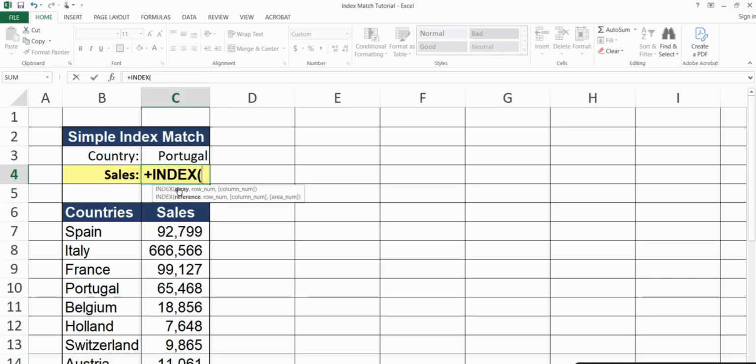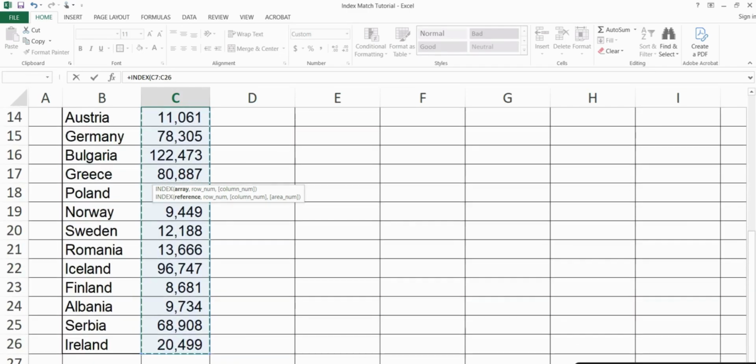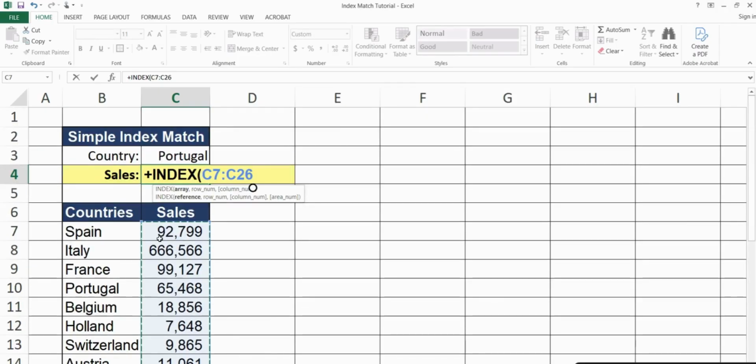So you can see here it asks you the array. So the array, being that we're looking for cells, will be any data under the cells. So you can drag or simply click once, then shift, scroll down, comma. Now, for the row number, we are going to use the match function,